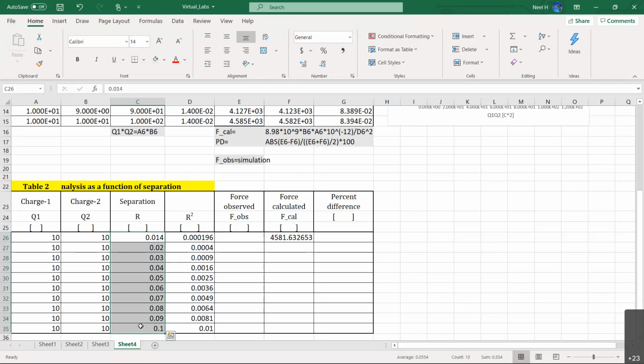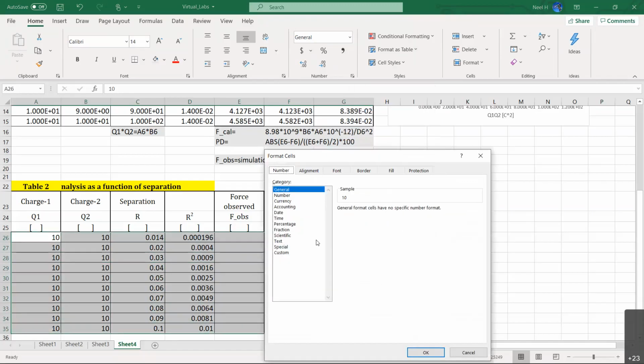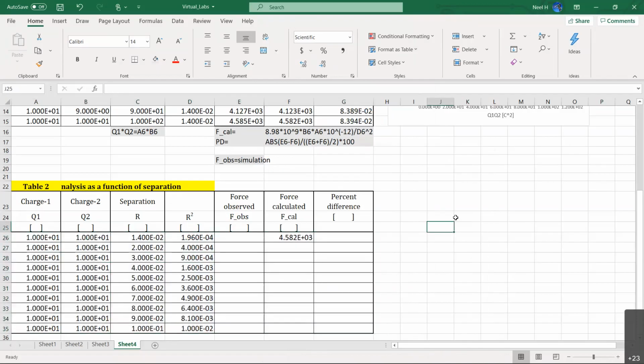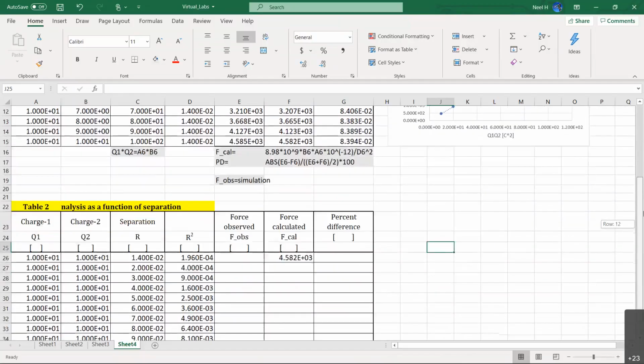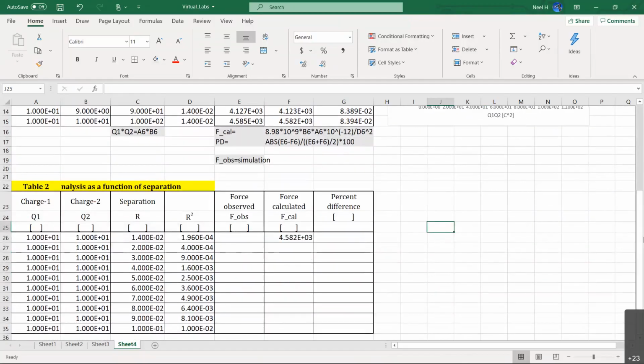Okay, so let me highlight everything here and format all the cells to scientific notation with 3 decimal places, which means 4 significant figures, like we did for the previous table, right? So for consistency we can go like that, since we're not doing this in class. If it is in class, we would write down all the significant figures of our measured values. But for consistency, we can go with 4 significant figures for each case, okay?